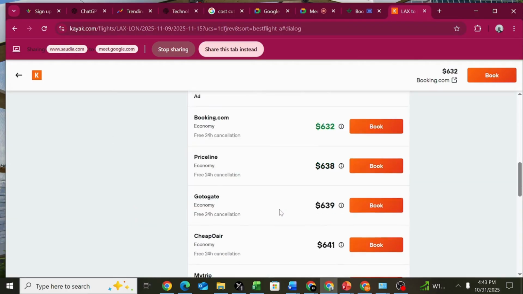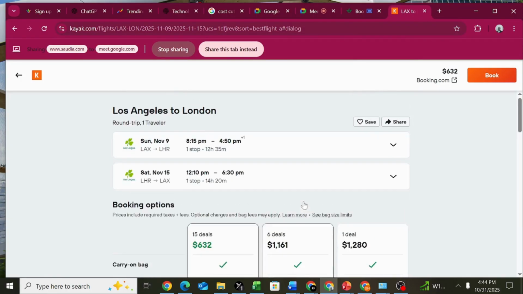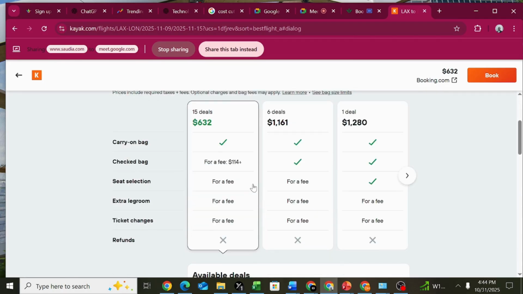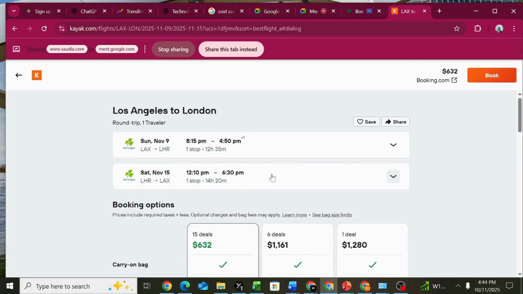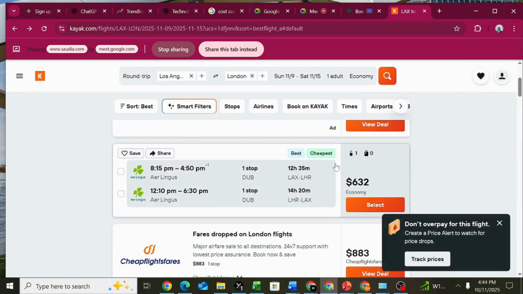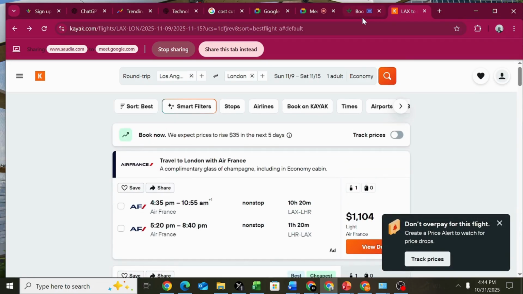Yeah, but if you go to the site itself, Kayak, you should be able to see the details I'm talking about. You can try any hypothetical search like I've done, and you'll be able to get those details.